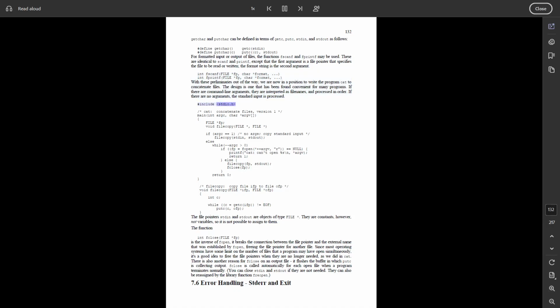#include <stdio.h> /* cat: concatenate files, version 1 */ main(int argc, char *argv[]) { FILE *fp; void filecopy(FILE *, FILE *); if (argc == 1) /* no args; copy standard input */ filecopy(stdin, stdout); else while (--argc > 0) if ((fp = fopen(*++argv, "r")) == NULL) { printf("cat: can't open %s\n", *argv); return 1; } else { filecopy(fp, stdout); fclose(fp); } return 0; } /* filecopy: copy file ifp to file ofp */ void filecopy(FILE *ifp, FILE *ofp) { int c; while ((c = getc(ifp)) != EOF) putc(c, ofp); }